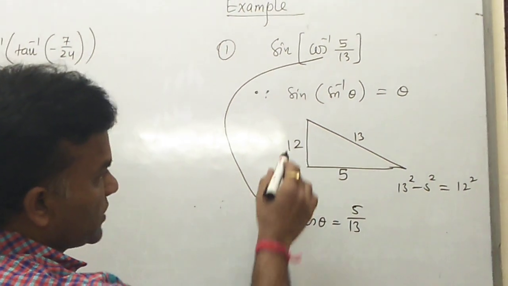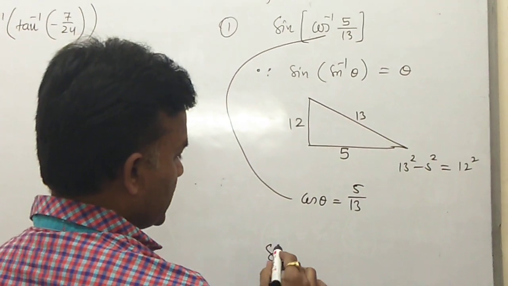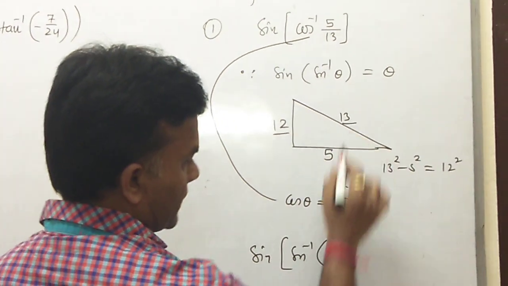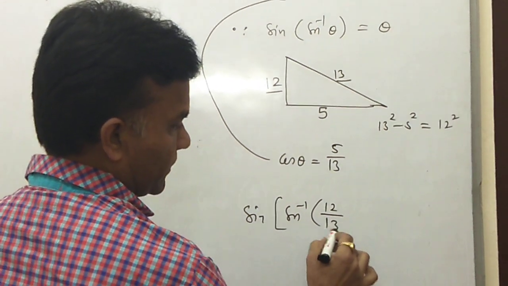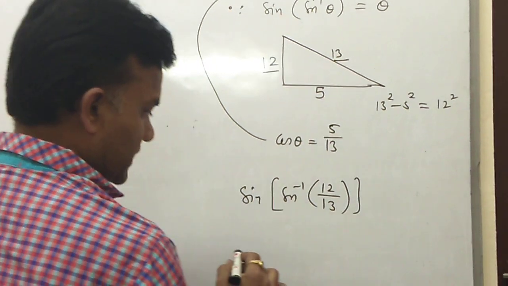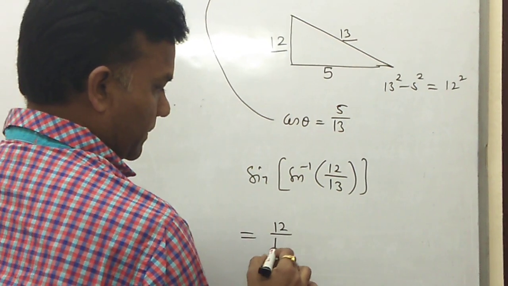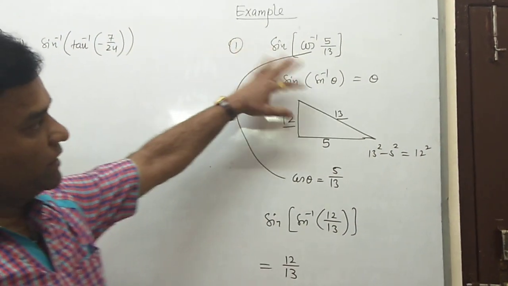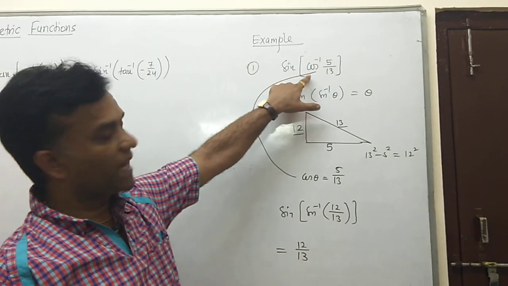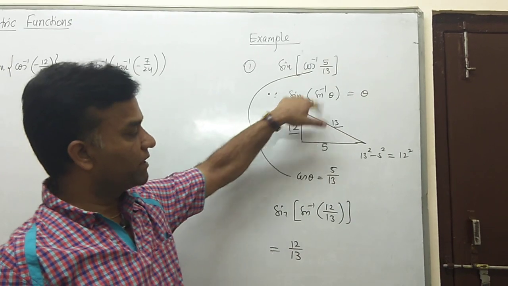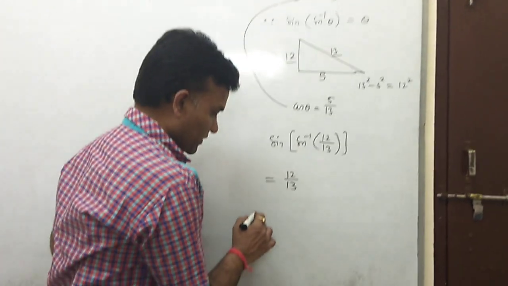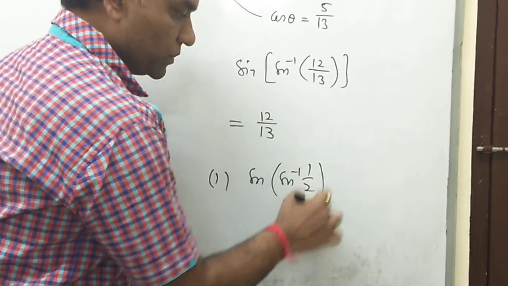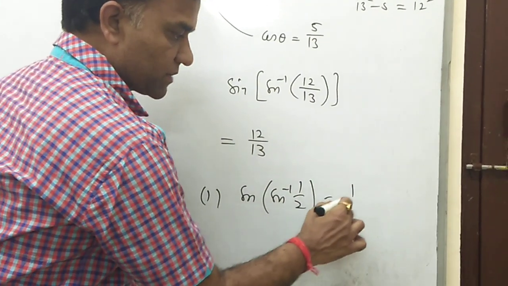Then now this value is converted into sine. So sine inverse of 12 by 13. So you write down here 12 by 13, so your answer is 12 by 13. So if any trigonometrical form is given with different trigonometrical ratios, and they are direct, sine of sine, then you directly answer. Suppose here we illustrate sine of sine inverse 1 by 2. So you write down the direct answer, 1 by 2.